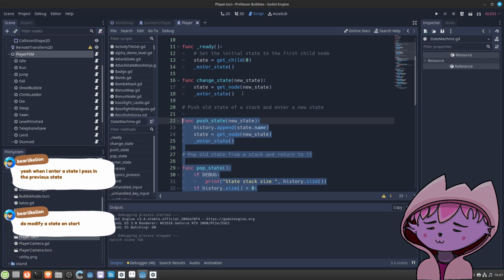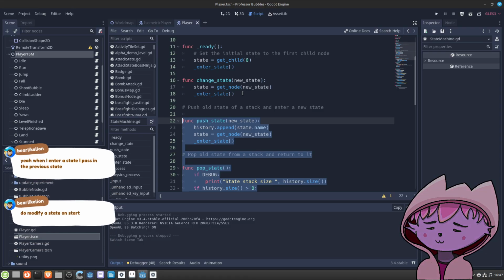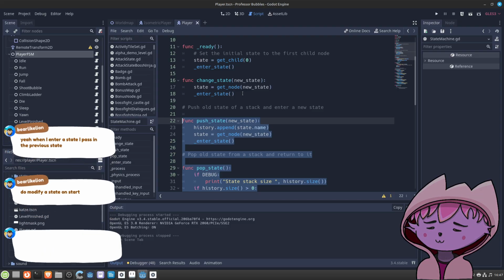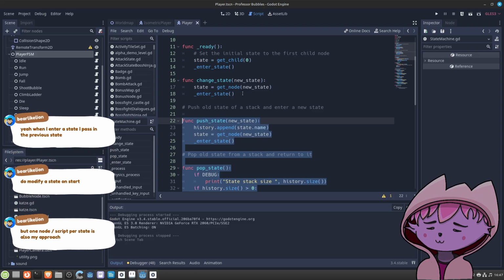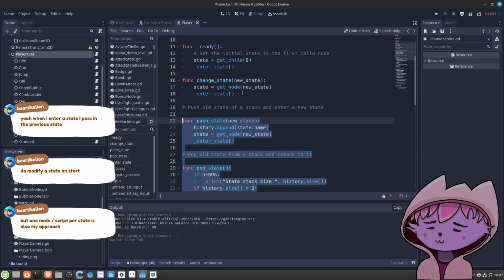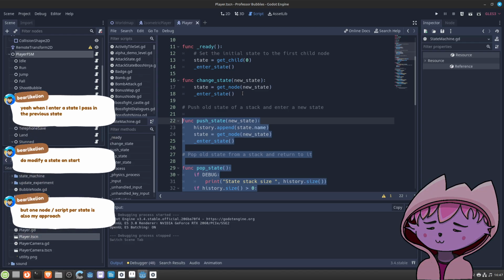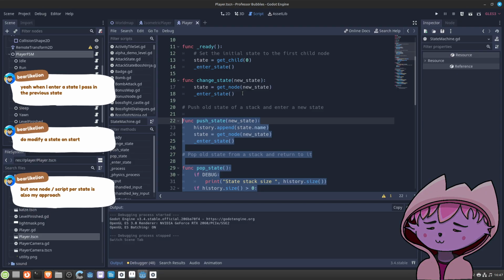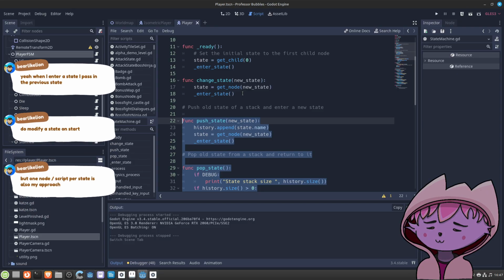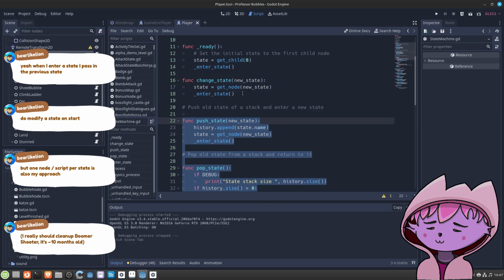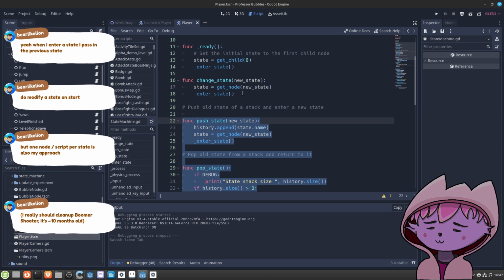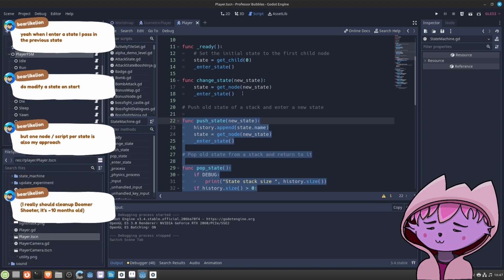There is enter and exit between states, but only one current state. When I enter a state, I pass in the previous state to modify the state on start. But one node script per state is also my approach. I see. Yes, yeah.